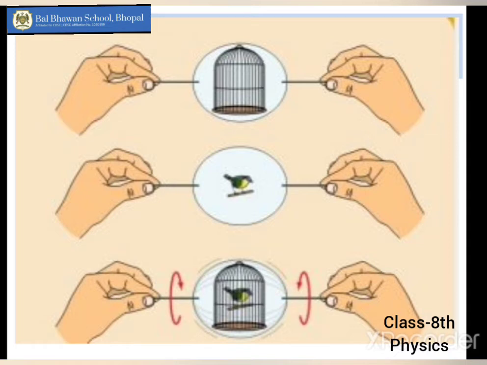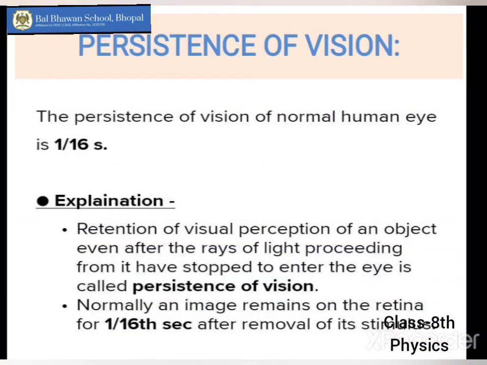Why is it so? Because the image of the cage has not gone from your retina. Then the image of the bird is formed. So they overlap each other. These images overlap. This creates many a time so many illusions. We see something which is actually straight, you move it very rapidly, it appears square or round. Okay, so this is all due to the phenomenon called persistence of vision. What does persistence of vision mean? Simply that the image will last on the retina for about 1/16th of a second, after which it vanishes. Okay.